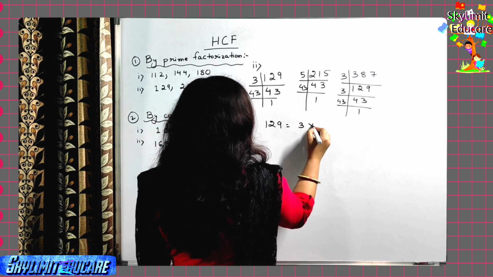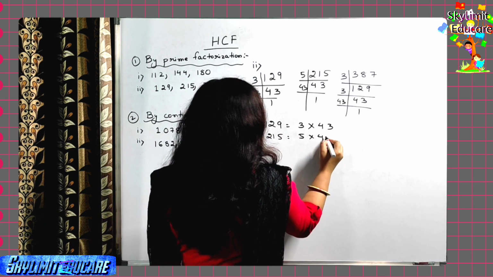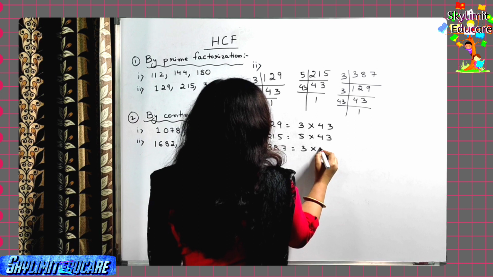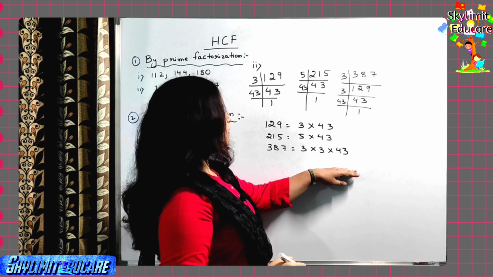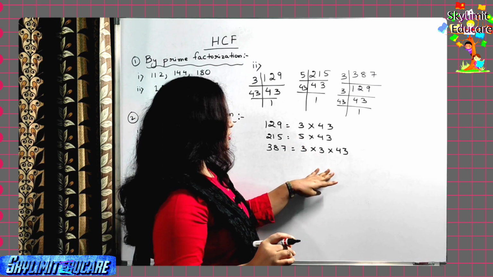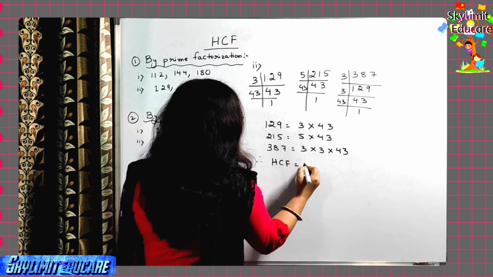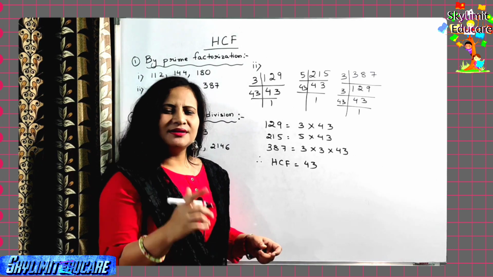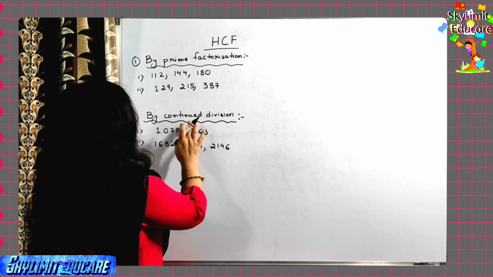Let's write the factors. 129 is equal to 3 multiplied by 43. 215 is equal to 5 multiplied by 43. 387 is equal to 3 multiplied by 43. So in this case, there is no point in converting into exponents. You can see only 43 is common to all the 3. So search for the factor which is common to all the 3. 3 is not common to all, 5 is not common to all, but 43 is a common factor. So directly you can write down, therefore HCF is equal to 43. But when you have a combination of many 2's, many 3's, you can go for the first method that I told you, right? Now let's come to the next question. Find the HCF by continued division.